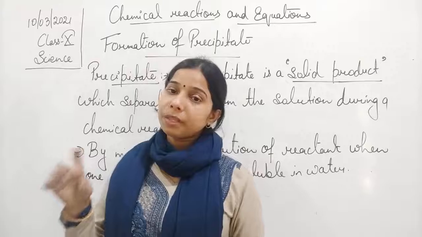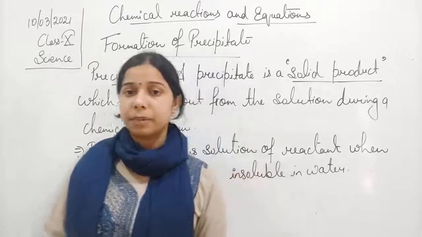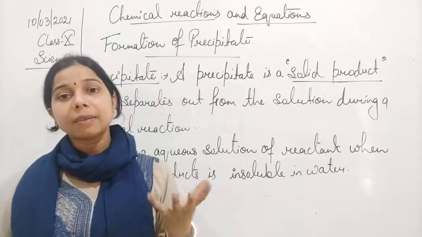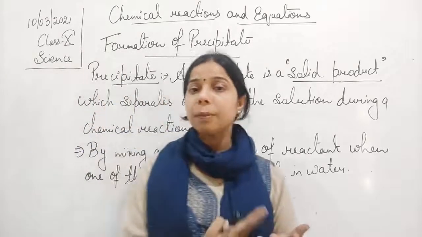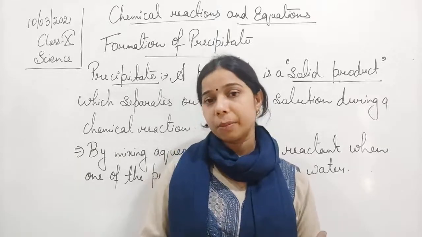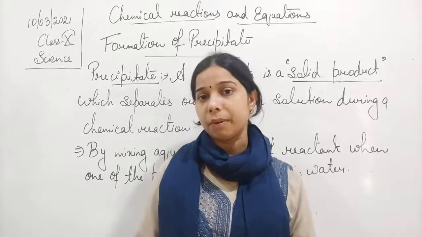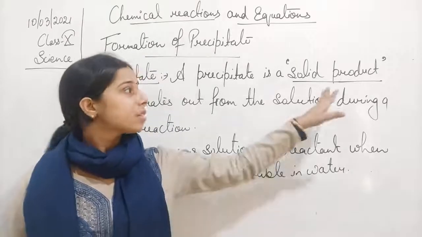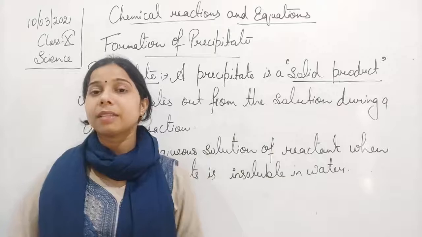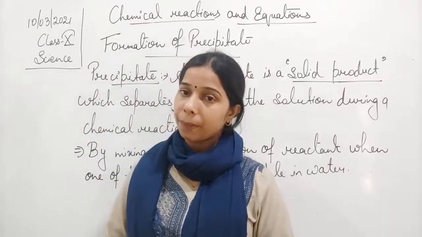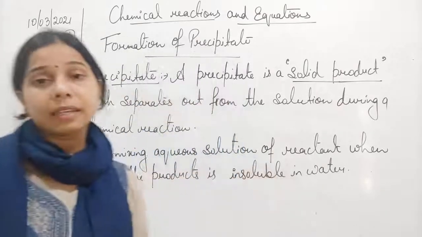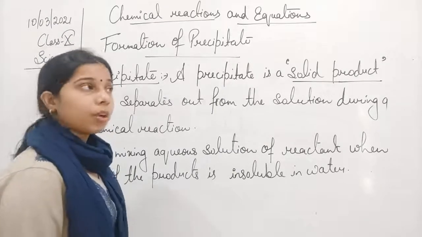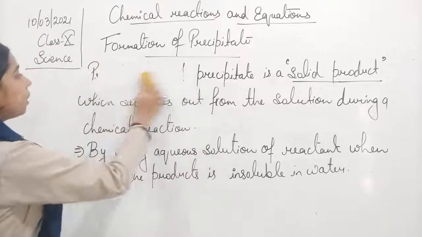If you take this solution consisting of the precipitate and try to filter it with the help of a filter paper, you will find that the precipitate remains on the filter paper. It does not pass through the filter paper. The reason is the same: it is not soluble in the solution. It is a solid product, so it can be separated with the help of a filter paper. Okay, so if in a chemical reaction a precipitate is formed, we will include it in the chemical reaction itself. Now let us see.